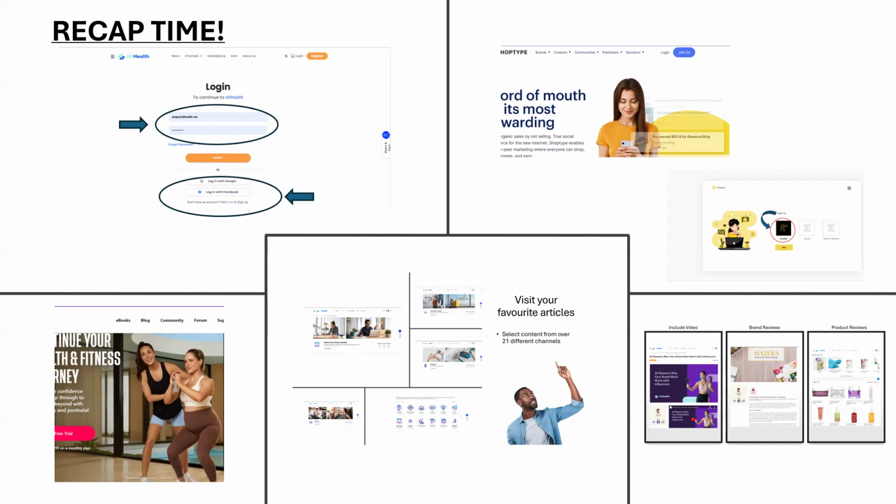Probably they already have a brand around health, alternative health, the wellness and fitness space. We gave you a few examples of how these people can repurpose the content they have already created for their own blogs and web pages inside Althealth.